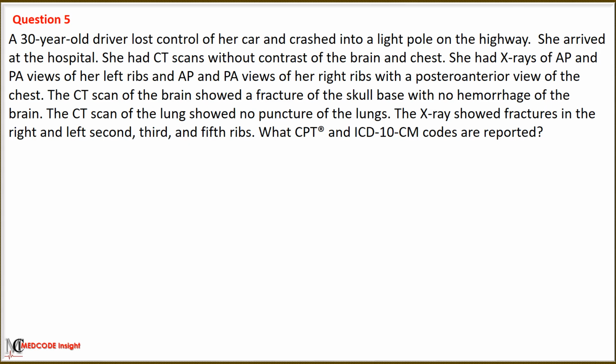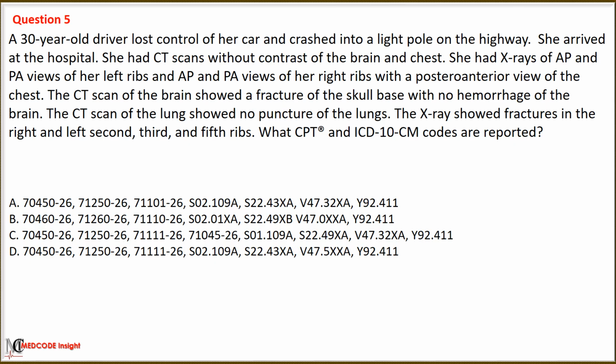The CT scan of the brain showed a fracture of the skull base with no hemorrhage of the brain. The CT scan of the lung showed no puncture of the lungs. The X-ray showed fractures in the right and left second, third, and fifth ribs. What CPT and ICD-10 codes are reported? Option A with code 70450 along with modifier 26, 71250 along with modifier 26, 71101 along with modifier 26,